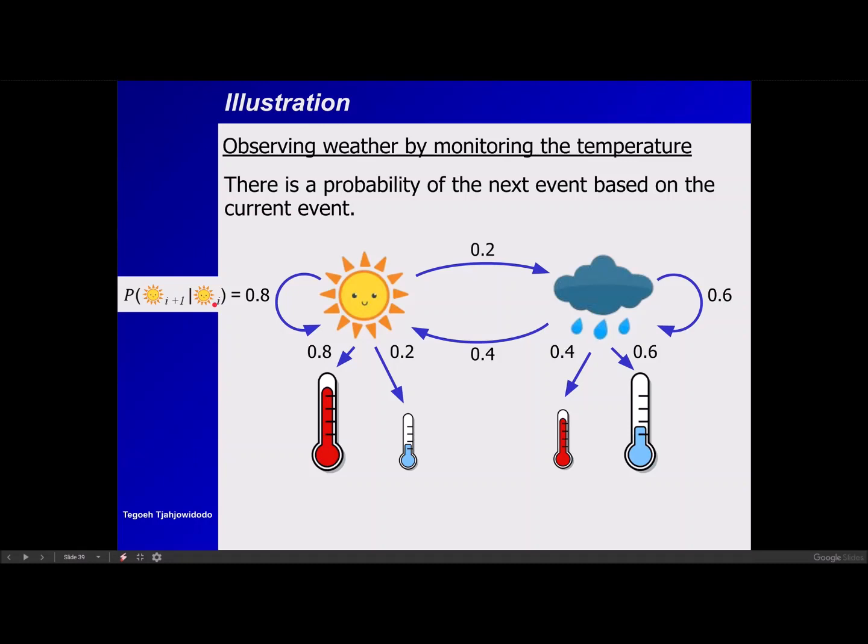So i represents today, then i plus 1 will be tomorrow. If i is Monday, then i plus 1 will be Tuesday, and so on and so forth. So this one will be the probability of tomorrow rainy when today is sunny, and same to this: rainy tomorrow, rainy today; sunny tomorrow, rainy today. So this is what we call as a